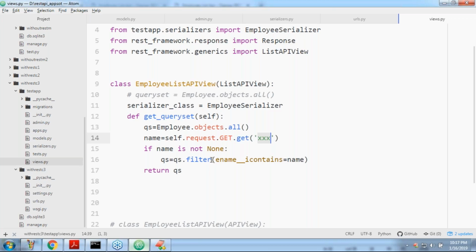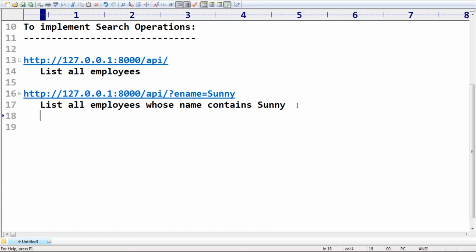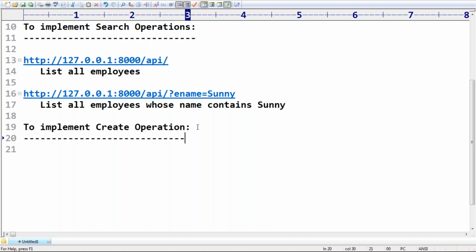After list operation, what I want to provide is create operation, sir. Observe a bit carefully. After listing, I want to create, something like a post operation, right? So to implement create operation, if we extend APIView, then we have to provide an implementation for the post method.